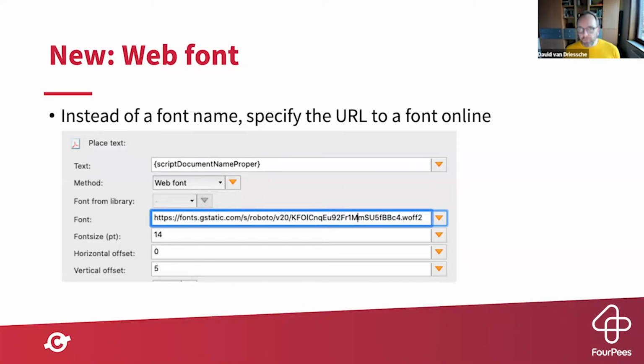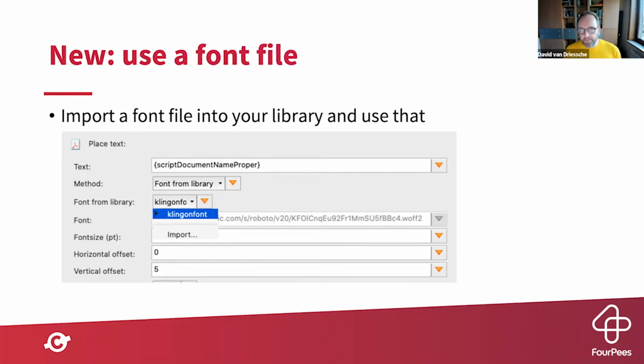The first one is a web font, and as you can see there, that allows me to have a link to a font file somewhere on the internet. In this case, that's a link to a Roboto font. If I do this, then that font will be downloaded and used in the place text fix-up. But there is perhaps an even more interesting way, and that is using font from library. If you have a font with the right permissions, and you have the right permission for a font in order to work with it in this way, then you can store a font file into a pdfToolbox library. Once it has been stored in that library using that import functionality that you see there, then you can use that font